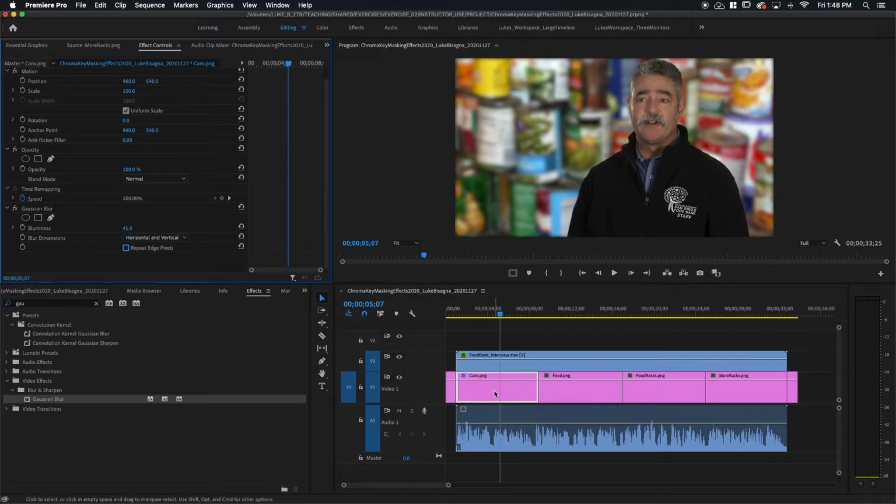Now in this case, the cans are at the bottom level. There's only black behind them. So you just see a kind of dark little frame. But if there was something else, another video clip perhaps, underneath, you would actually see that around the edge of the frame. And we don't want that to happen. So you eliminate that possibility by using repeat edge pixels and it fills it in.